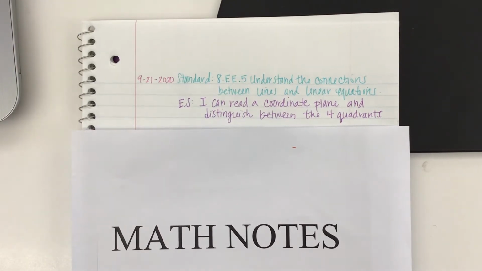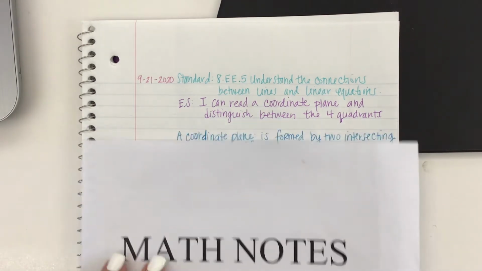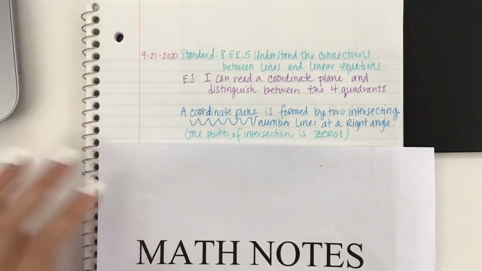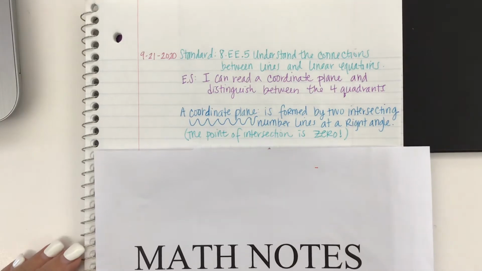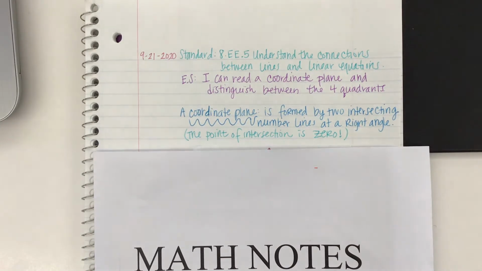The standard is 8.EE.5. Understand the connection between lines and linear equations. And our essential statement is I can read a coordinate plane and distinguish between the four quadrants. So the first thing we need to know is what is a coordinate plane? A coordinate plane is formed by two intersecting number lines at a right angle, and that point of intersection is